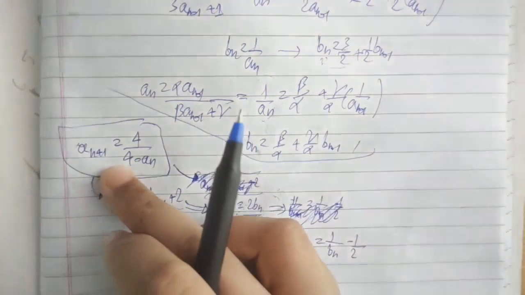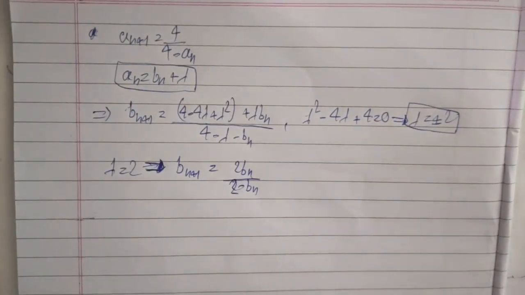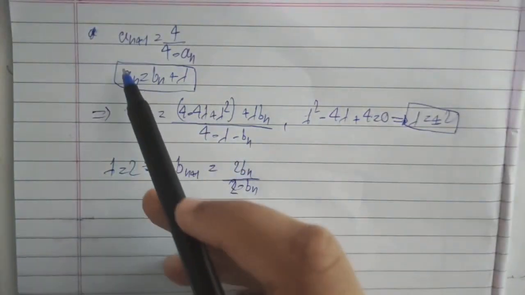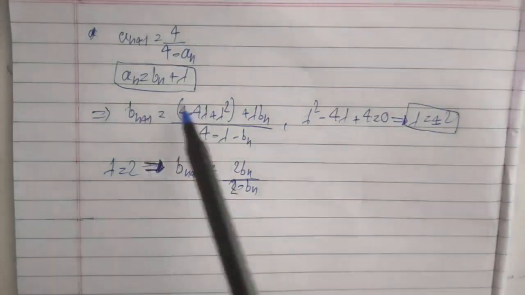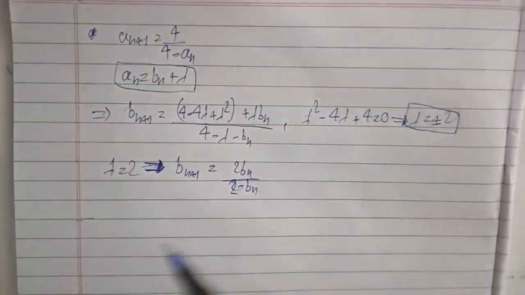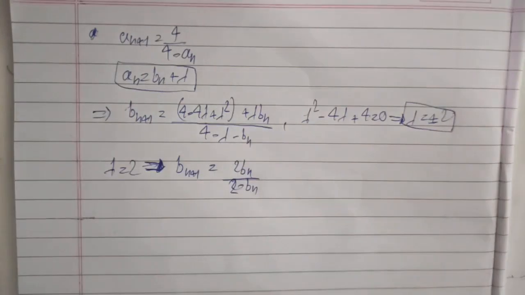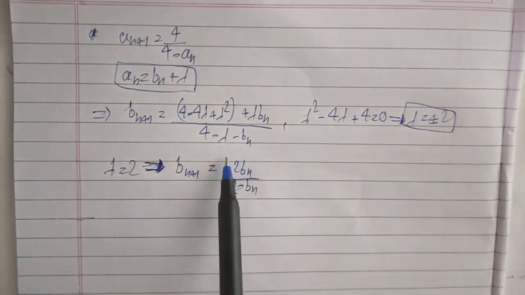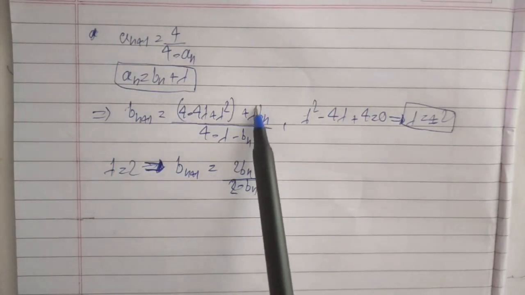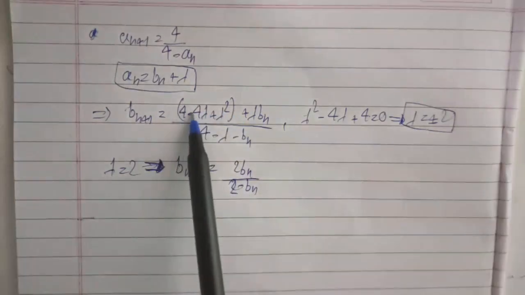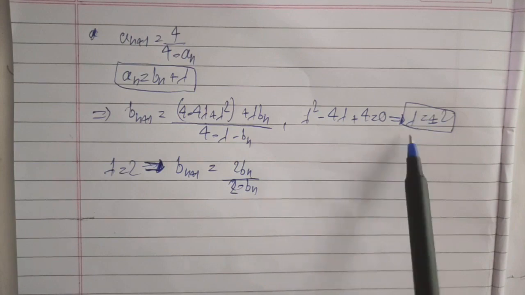In general, what was the motivation behind plugging in b_n plus 2? We were given this relation, so we have to convert this into a form where the constant term is removed. Let's say I substitute a_n with b_n plus some constant lambda. Upon doing routine algebra, you will get b_{n+1} as this upon this. Now in order to make this expression solvable, we can try converting it into the previous form. In the previous form we had only a b_n term in the numerator and no constant. So we can set lambda squared minus 4 lambda plus 4 equal to 0. From there we get lambda equal to plus or minus 2.